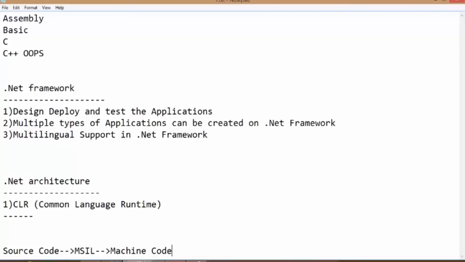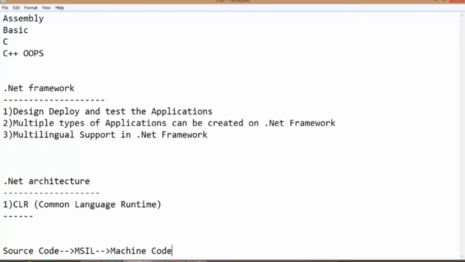But why does .NET first convert source code into MSIL, Microsoft Intermediate Language, and then from MSIL to machine code? Why is it not directly converting the source code into machine code? What could be the possible reason, according to you? I mean, the machine only understands zeros and ones. It doesn't have any meaning for what we're typing, so we have to give meaning to that.